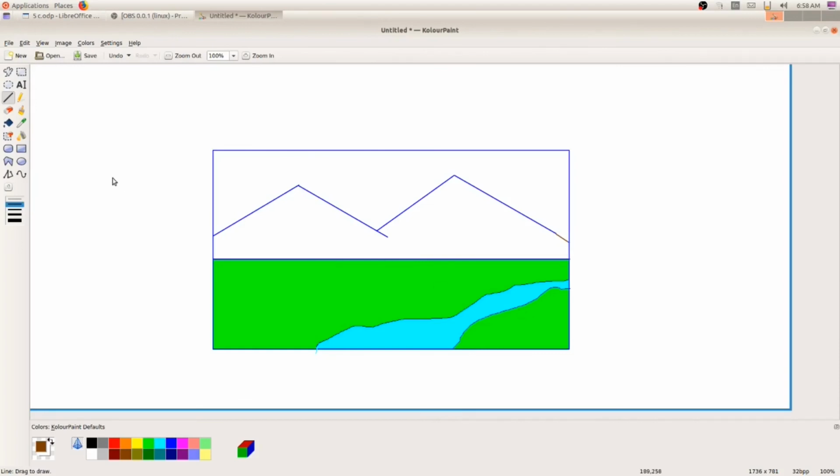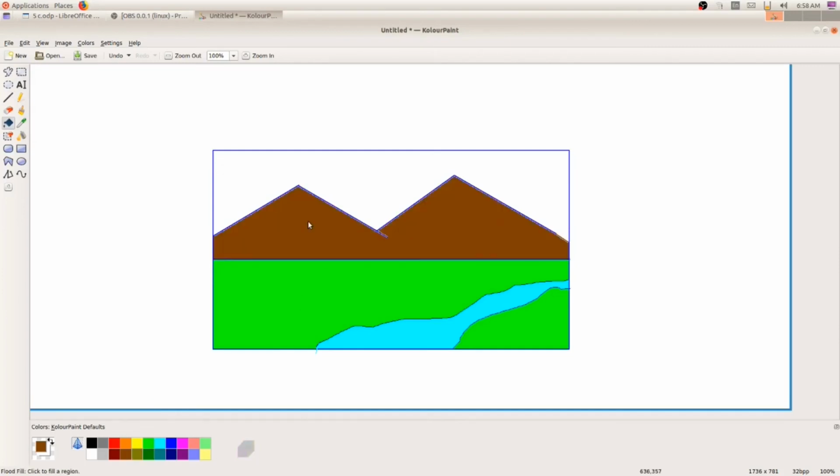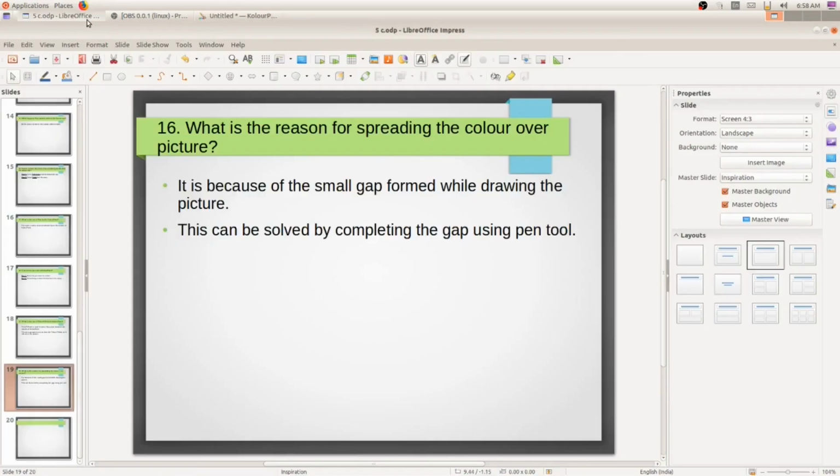Now you color. Okay, now it is solved. So while you are drawing, please take care that no gaps are made. If there are any gaps, then the color will spread. Is it clear, my dear students?